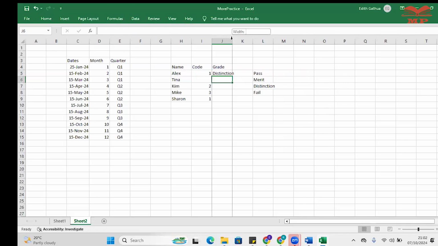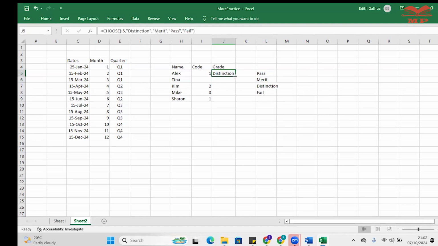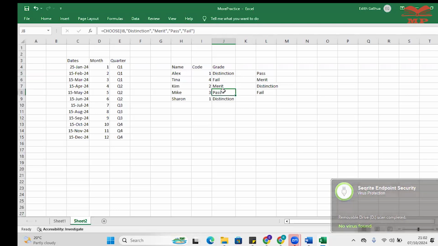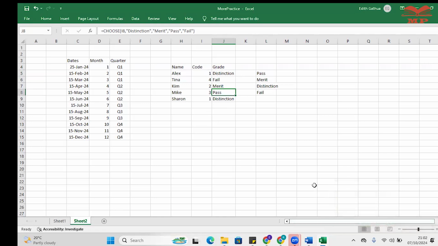So that's also a logical application of the CHOOSE function. It's an alternative to using a VLOOKUP or using a very long IF function. Okay, so we will do some more exercises on this, but for now I want to move on to